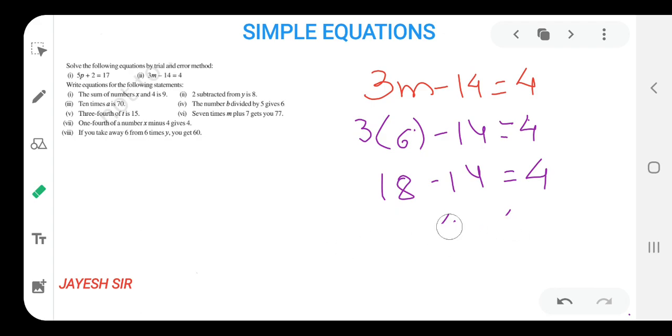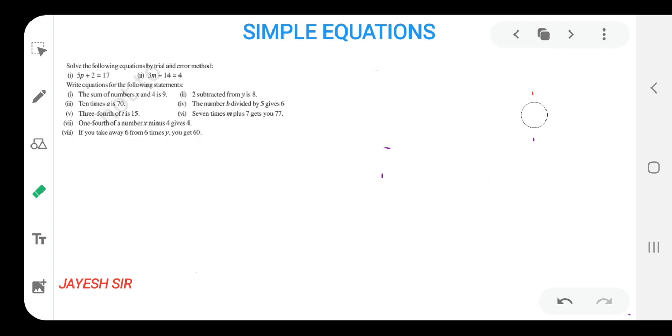So let us start with the next question over here and see what we are getting and how we are finding the equation. Now the statements are given to us, friends. What we are supposed to do: the statements are given, we need to form the equation. So this is the new type of question pattern I have discussed with you previously. So let us form the equation and see how to form the equation.